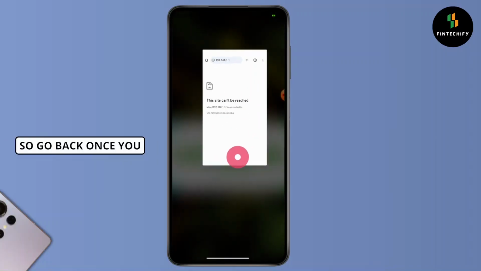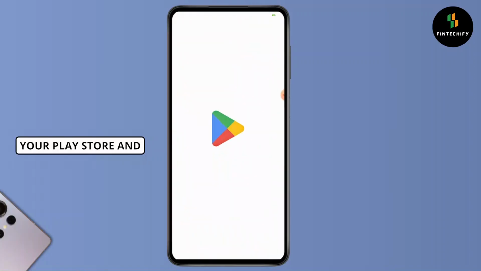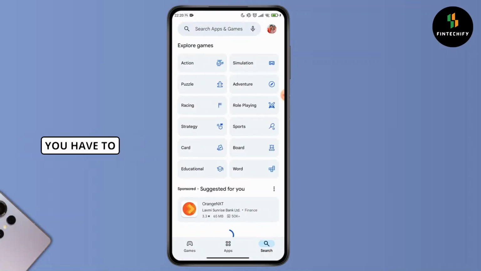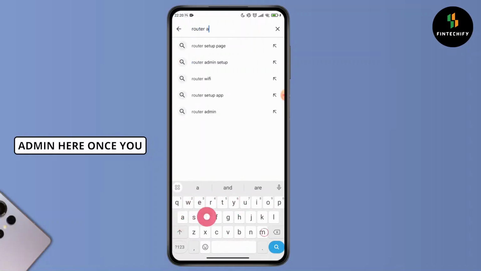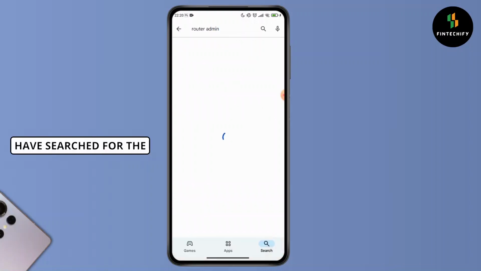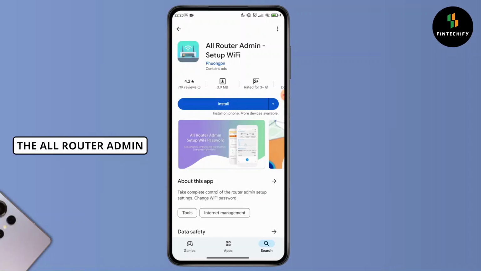So go back. Once you have here, you have to simply go and open up your Play Store here first of all. So first of all, go and open up your Play Store, and on your search bar, you have to search for the router admin here. Once you have searched for the router admin, so here you can see all the router admin